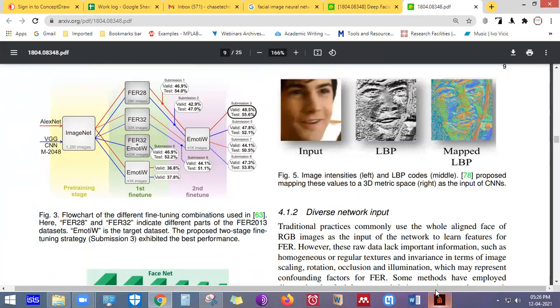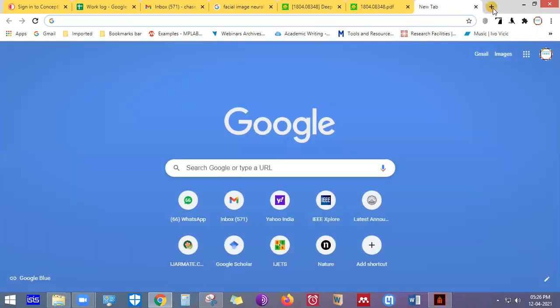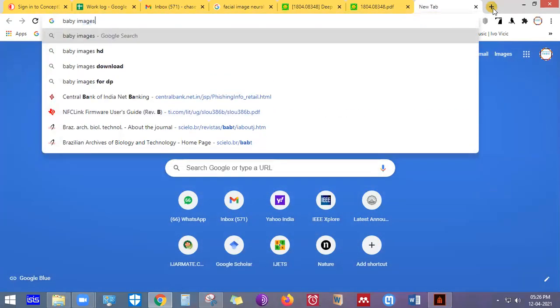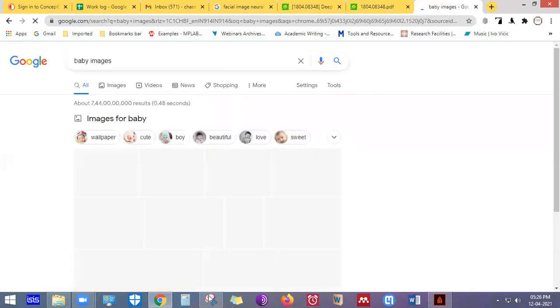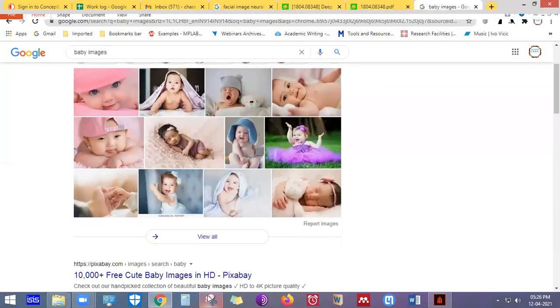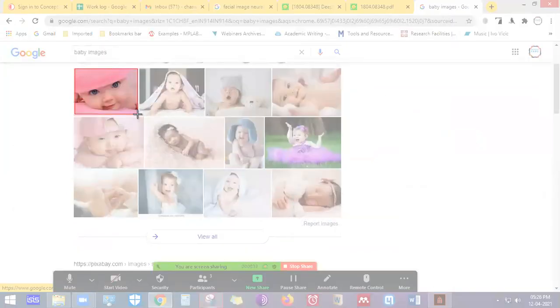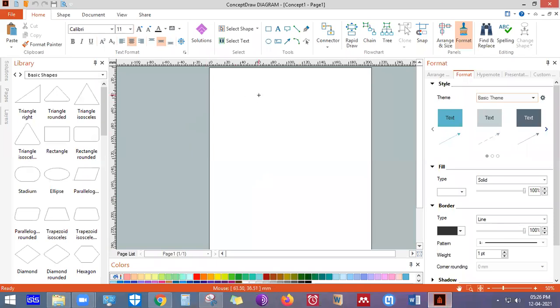So you can, for example, just simply go to baby images. You can simply snip it from the internet, copy it, and then paste it. So it allows you to simply paste it as well. So once you click on the image,